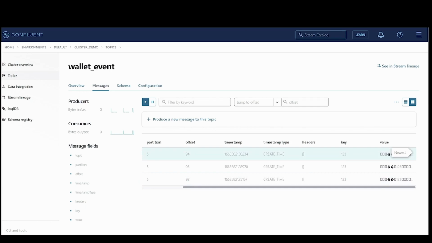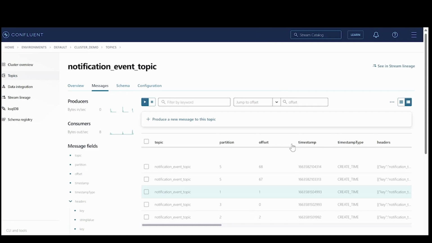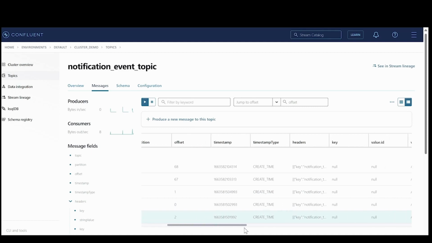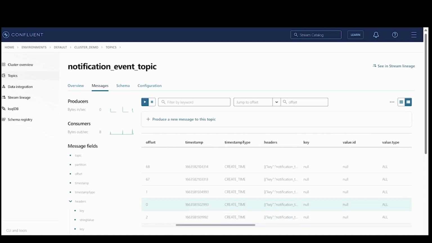So now let's go to the notification event topic. With this, the wallet event listener Azure function gets triggered and it takes the messages from the wallet event topic, deserializes them, and adds header data. The result of that is populated into the notification event topic.